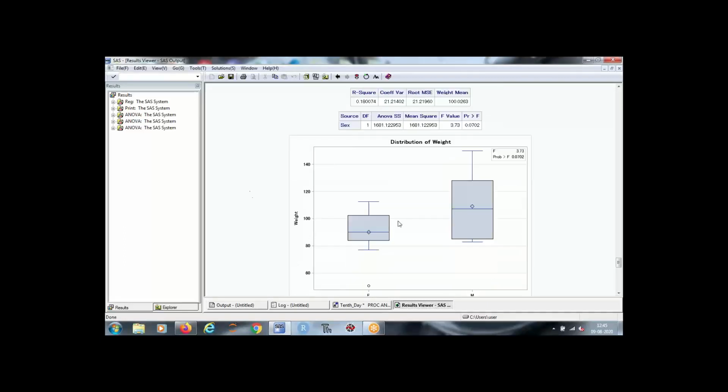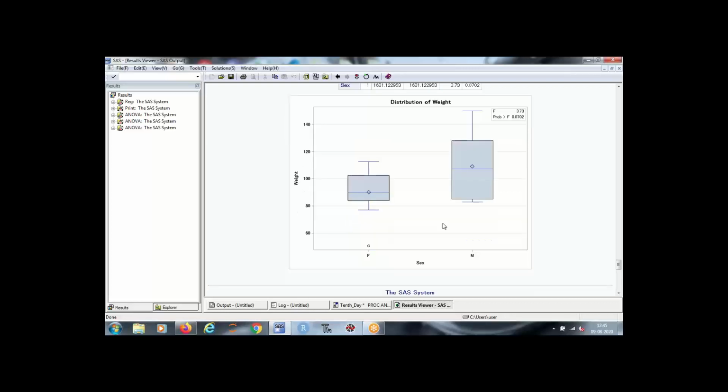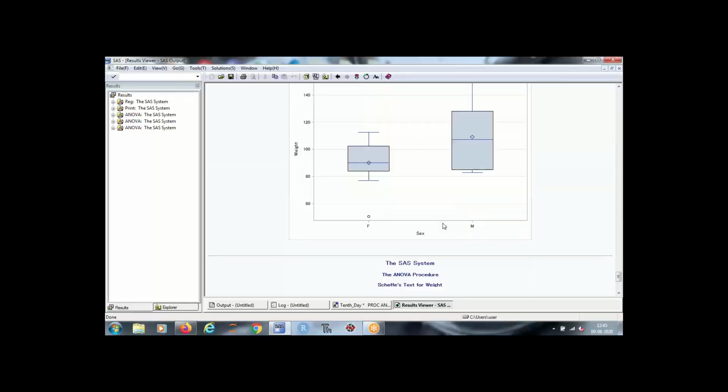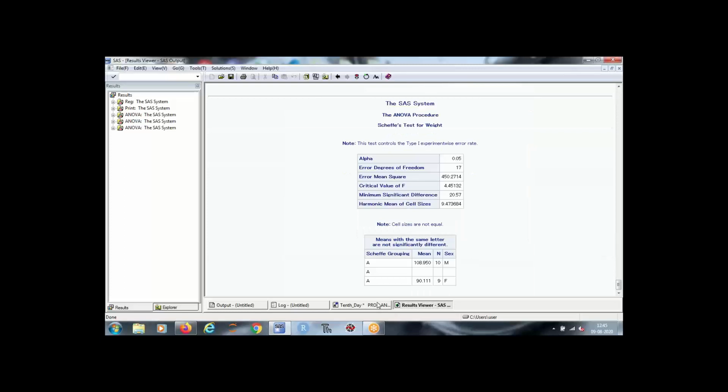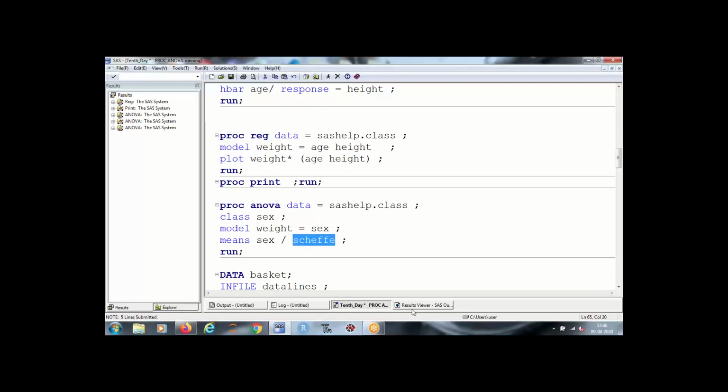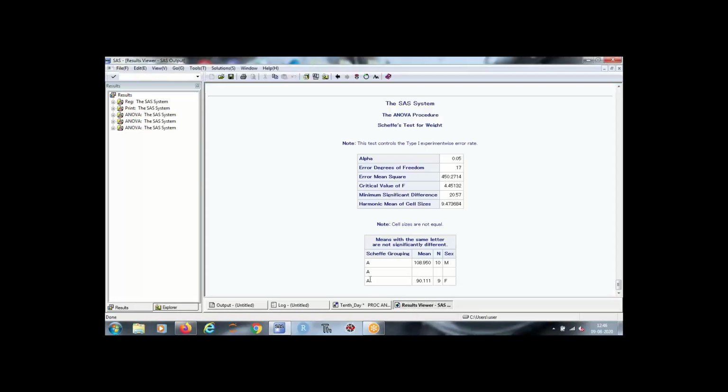Right. Or if you see over here that they are overlapping, that is the reason it is not showing that they are significantly different, right? And I have used one keyword known as SCP, right? There are different statisticians who have derived the formula for ANOVA differently. However, the results you will see are more or less nearby. So the SCP groups your variables, right? So A means these two are similar.